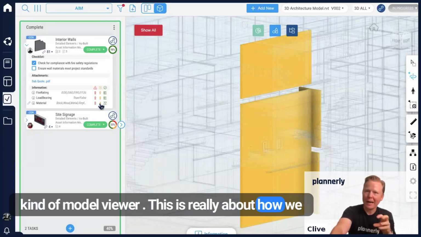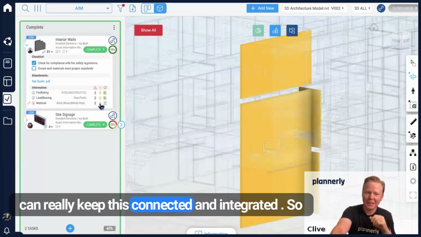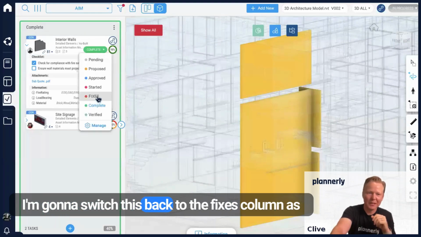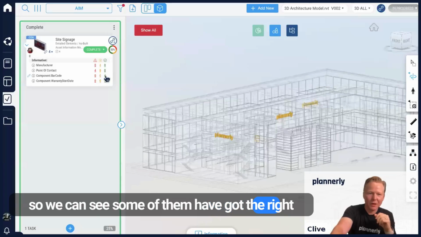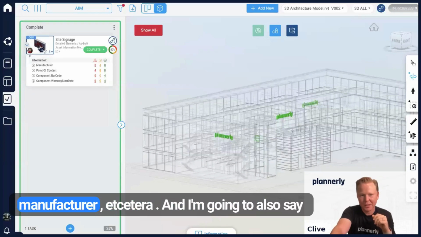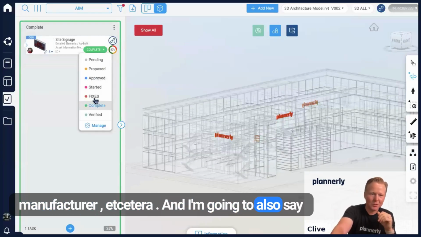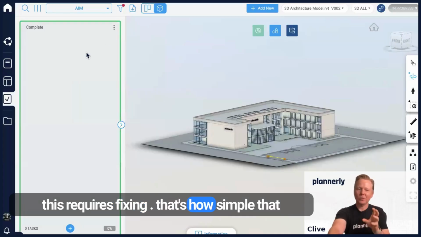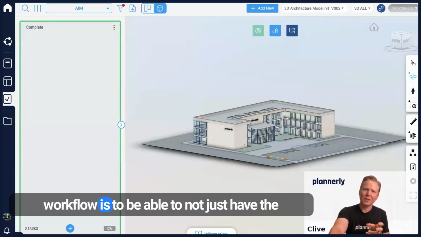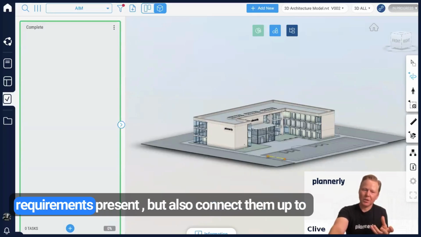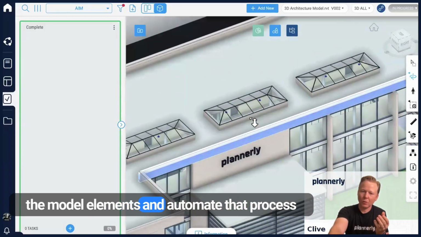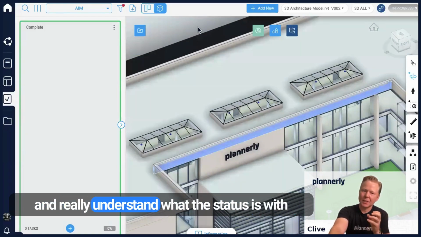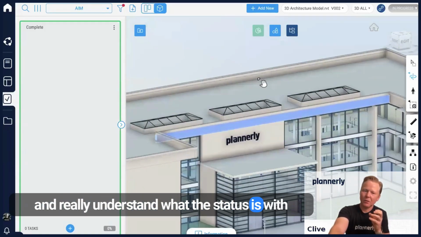This is really about how we can really keep this connected and integrated. So I'm going to switch this back to the fixes column as well. And then we've got some site signage. So we can see some of them have got the right requirements and some of them don't, manufacturer, etc. And I'm going to also say this requires fixing. That's how simple that workflow is, to be able to not just have the requirements present, but also connect them up to the model elements and automate that process